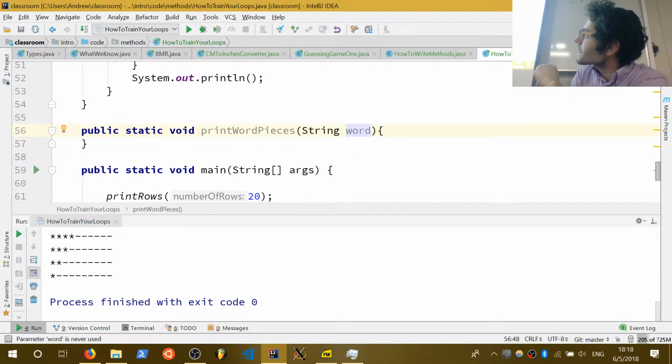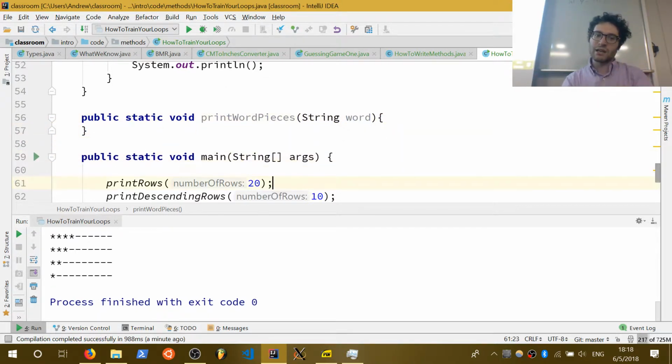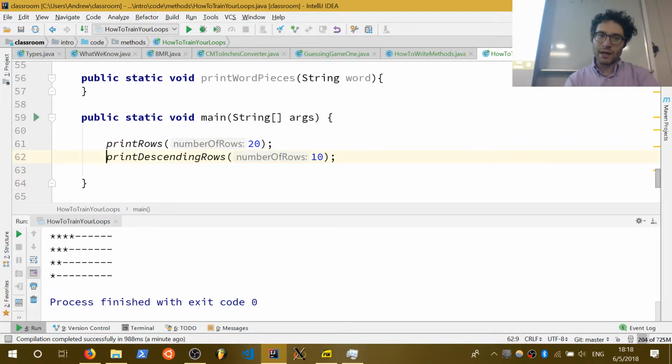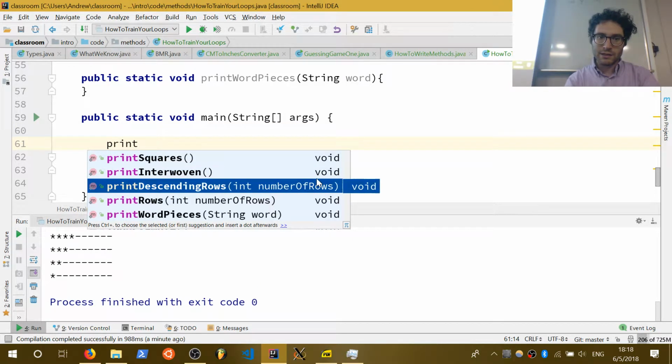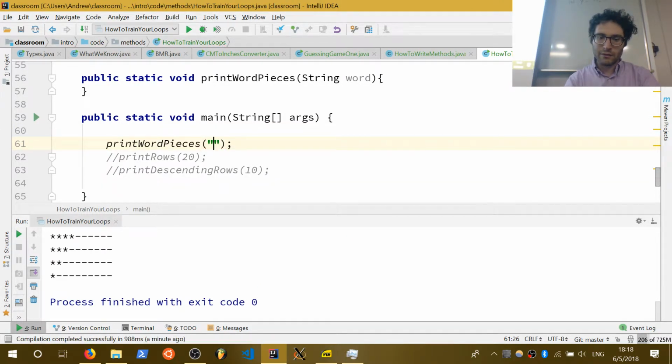Rather than taking in an int as an argument, I'm taking in a string as an argument. So let's uncomment that, comment these guys out. Instead, we'll do print word pieces, and I'll pass in the word hello because that's always good. Actually, I'm going to do foobar,